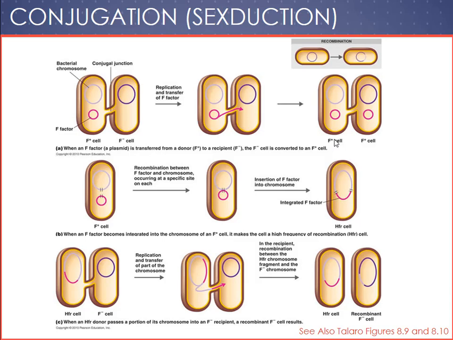Now, there are two types of conjugation. You don't have to know the difference. What you do need to know is that this is the organisms that come in direct contact, gram-negative only, that a pilus must be formed, and an F plasmid must also be present. All right, so conjugation. Here comes a video, and it's going to be loud, just so you know.